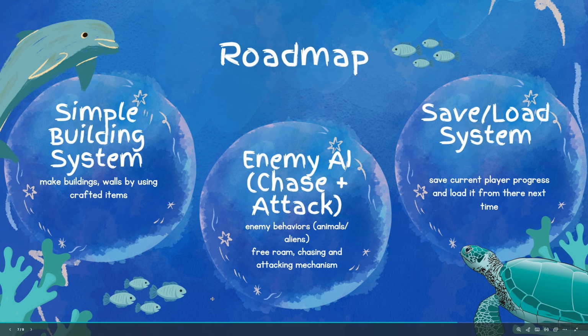There should always be enemies available in a survival game series. For example, there are some wolves and tigers, so there should be a lot of predators. And maybe there are some aliens or similar things there. Therefore, we have to create a mechanism of controlling them to free roam, and then chasing you, and then the attacking mechanism. So in this video I'm planning to do this enemy AI,